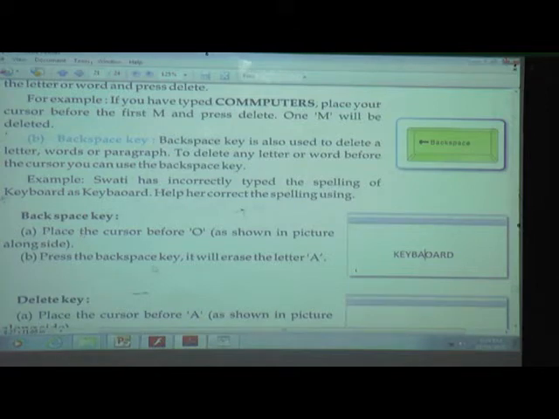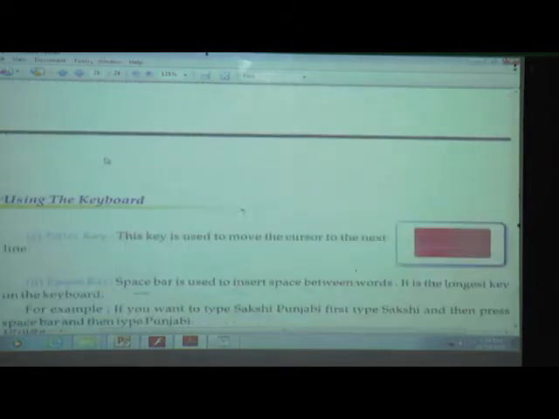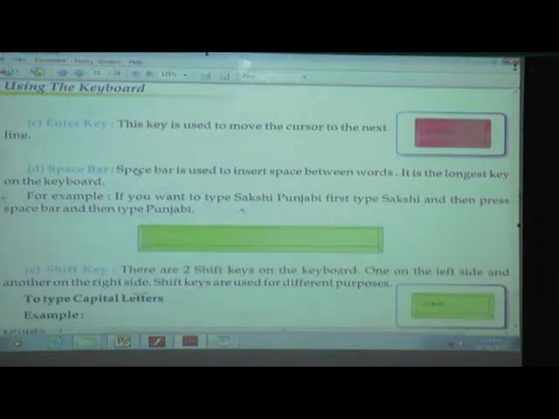Now our next special key is the enter key. You know very well what the use of the enter key is. Yes, this key is used to move the cursor to the next line.